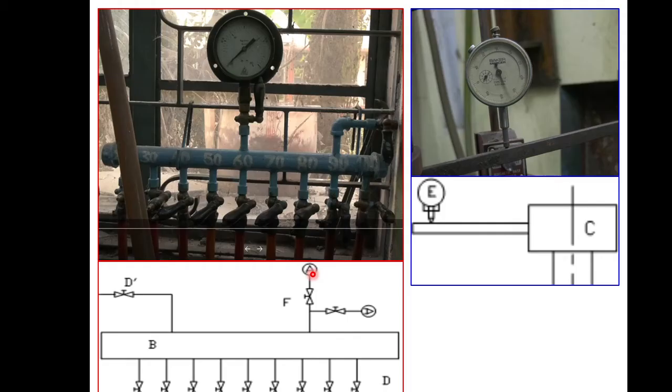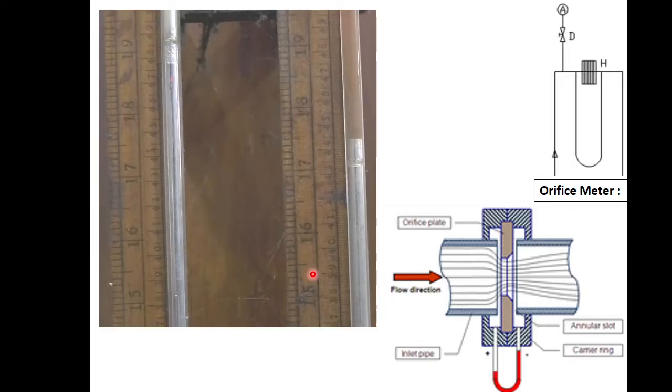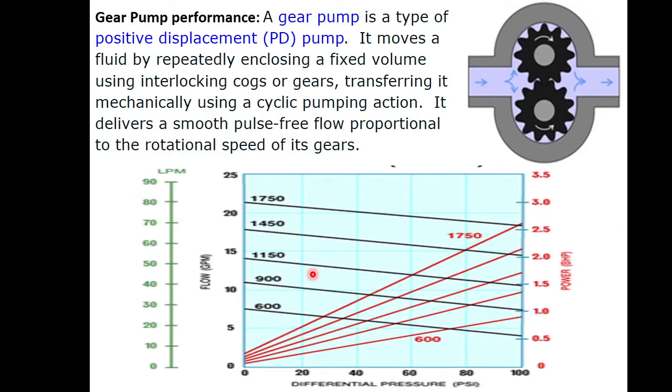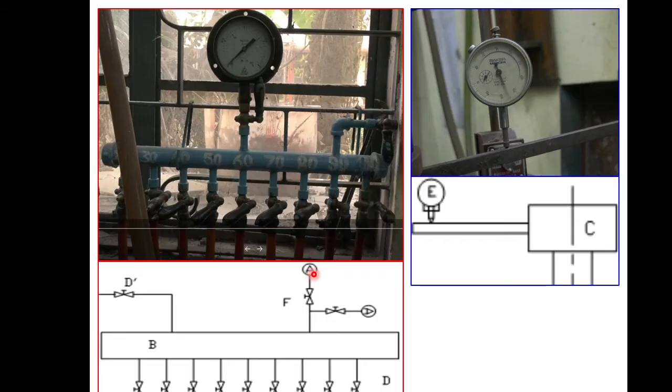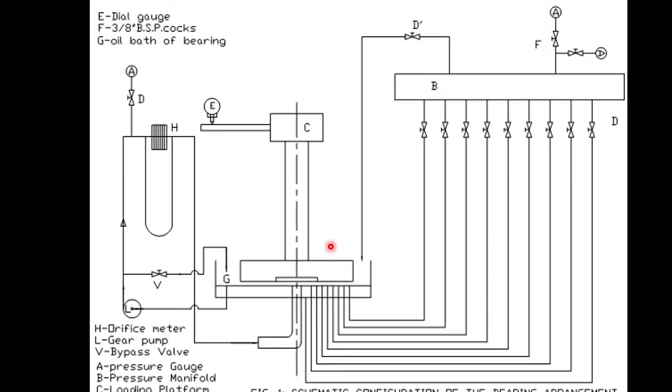Is there any photograph? A photograph of that part is not available. Some other photographs are there, but just for this part there is no separate photograph. It will not rotate; we have to apply some torque to make it rotate. But when there is an oil flow, it will become smooth. Just by your thumb you would be able to rotate this. So that is what we will test, whether a film has been generated or not.